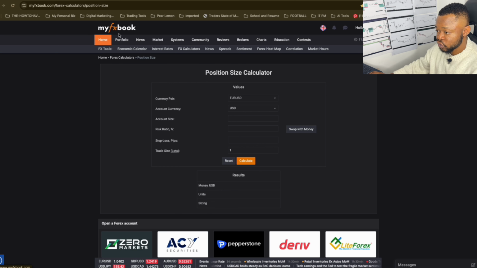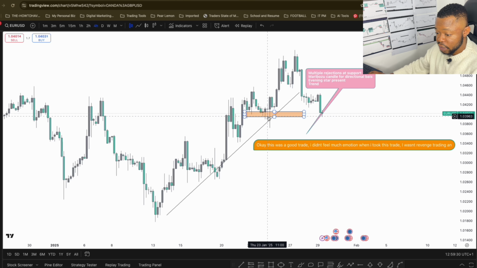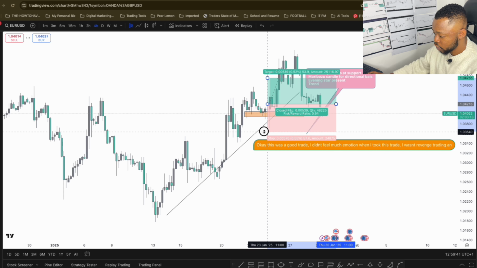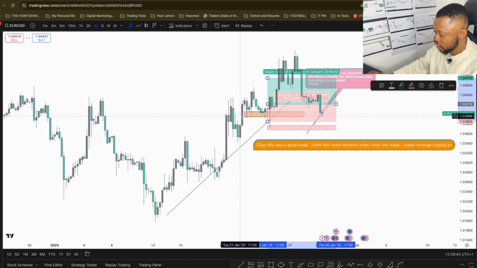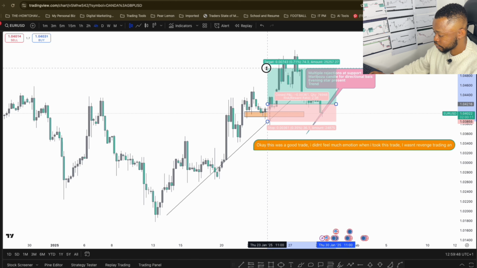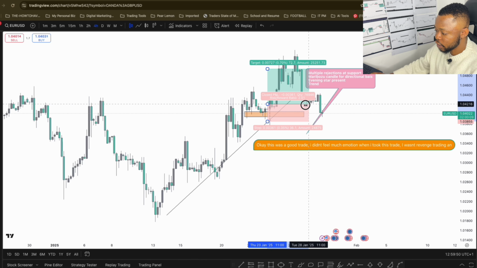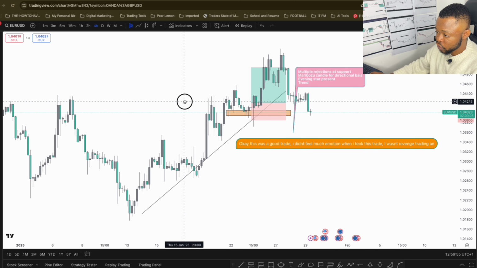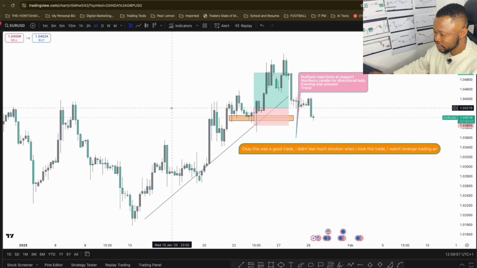On this position size calculator, let's say I'm looking to take the trade on EURUSD currently, and I want to go long. So I click on my long position right here. I decide to buy within this range here. My stop loss is right below the previous 2 weeks, and I'm looking to target a 1 to 2 risk to reward. So now, how do I initiate this into my MT4, my MT5, or my TradeLocker? So how do I get the percentage to risk?